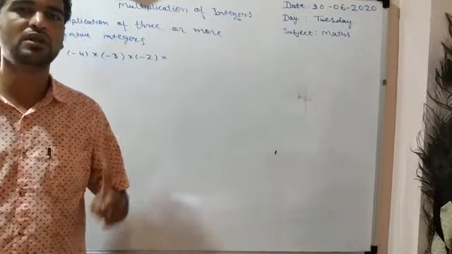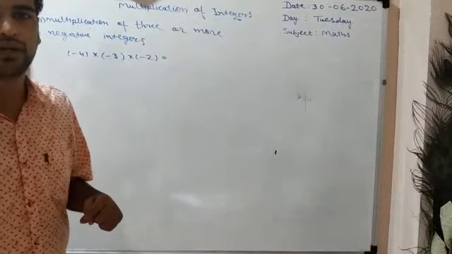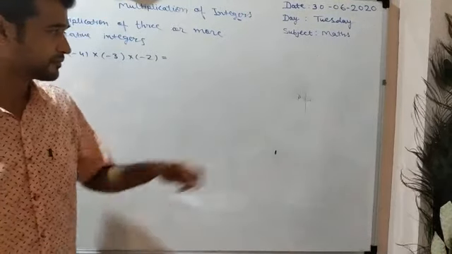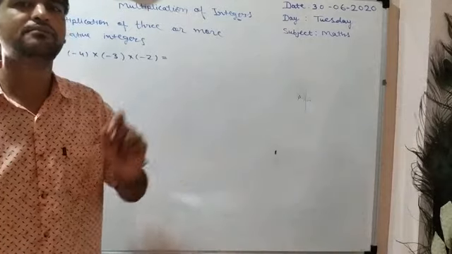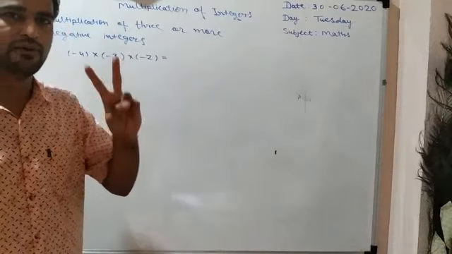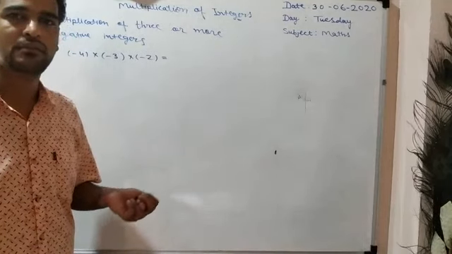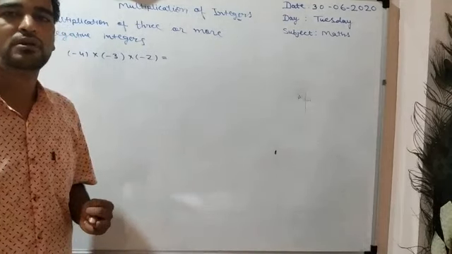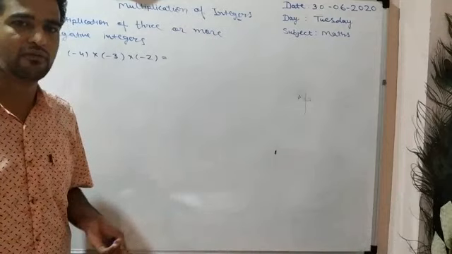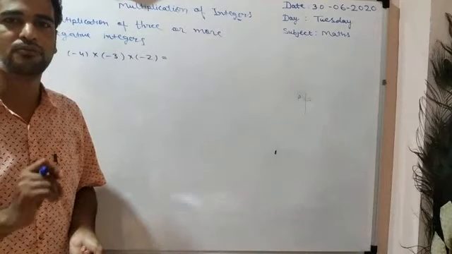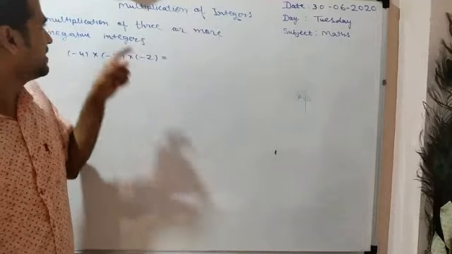If we have only one negative integer, then we multiply the integers as we multiply whole numbers and put a minus sign before the result. If we have two negative integers, multiply them as whole numbers and put a positive sign. It means by default the number has a positive sign, so we will not put any sign. Third point is that if we have three or more,